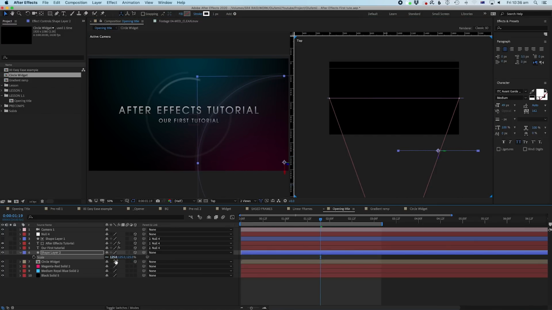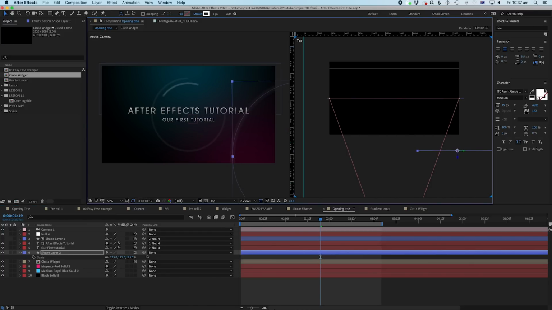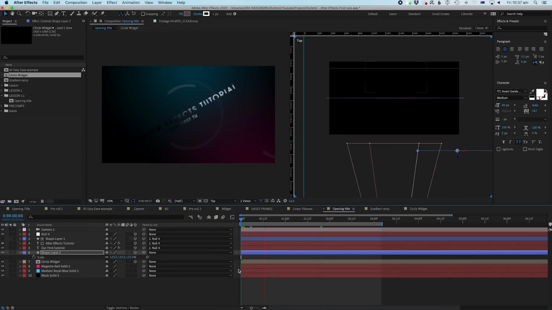We can probably even make it a bit wider just to give it a bit more interest here. So we'll just have a look at the whole thing. You can see that it just gives a little bit more interest, a few foreground elements, that kind of thing. All right, now just to finish off this little animation, we're just going to add the pen tool